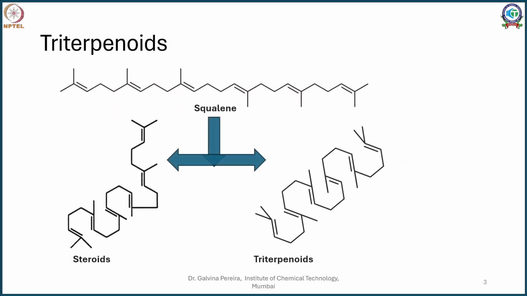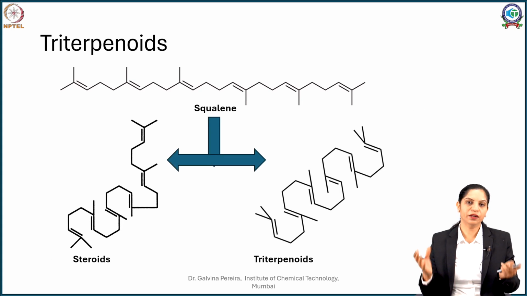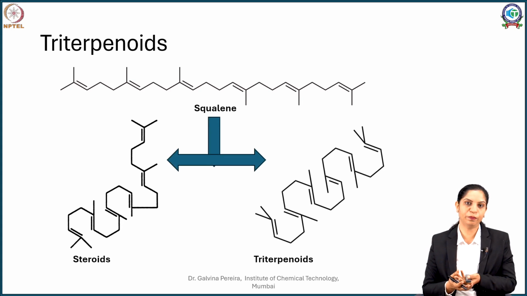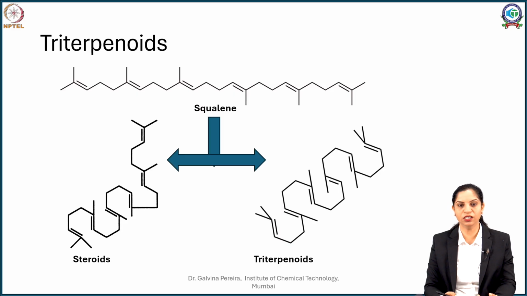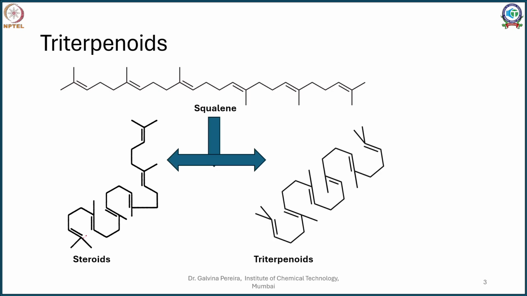Depending upon how they cyclize or condense, the biggest linear chain triterpenoidal compound which you see occurring in nature, the aliphatic one, is squalene. Now this squalene, depending upon the enzymes it encounters, might fold in a way that gives a 4-ring structure, which you can call A ring, B ring, C ring, D ring, wherein the D ring has 5 members. This essentially gives rise to a set of molecules called steroidal triterpenoids.